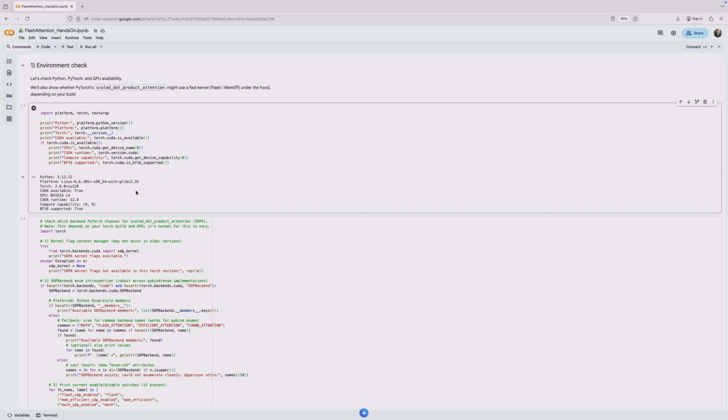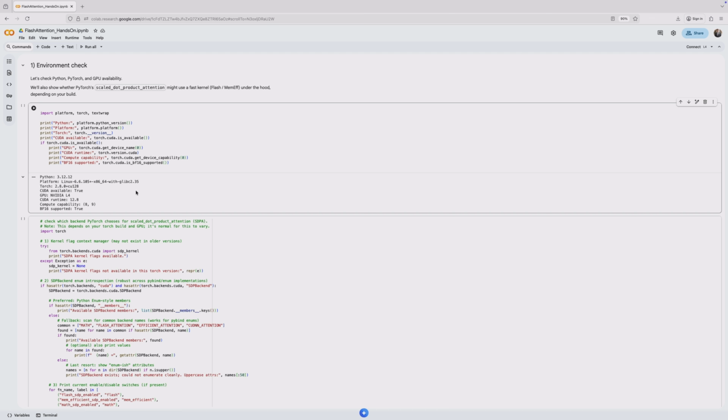That's a good sign because it is in the supported range for FlashAttention style kernels. Finally, BF16 support is true, meaning your GPU and PyTorch build can use BF16 acceleration, which is very useful